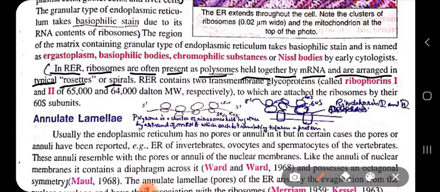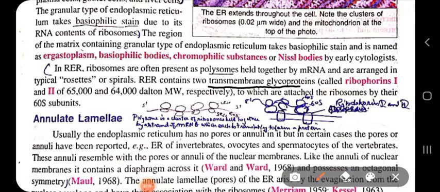Now, this rough endoplasmic reticulum is attached with the mRNA. But how do the ribosomes attach to the endoplasmic reticulum to form the rough endoplasmic reticulum? Well, there are two transmembrane proteins called riboforin 1 and riboforin 2. These transmembrane proteins attach the ribosomes